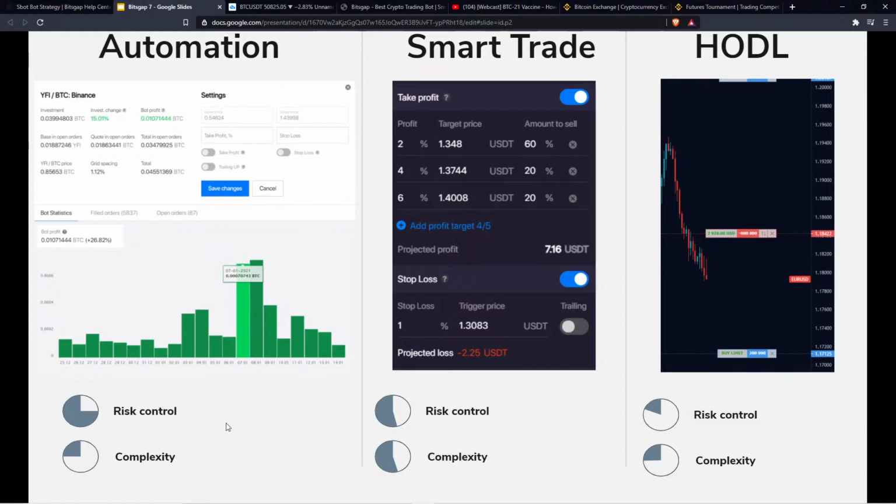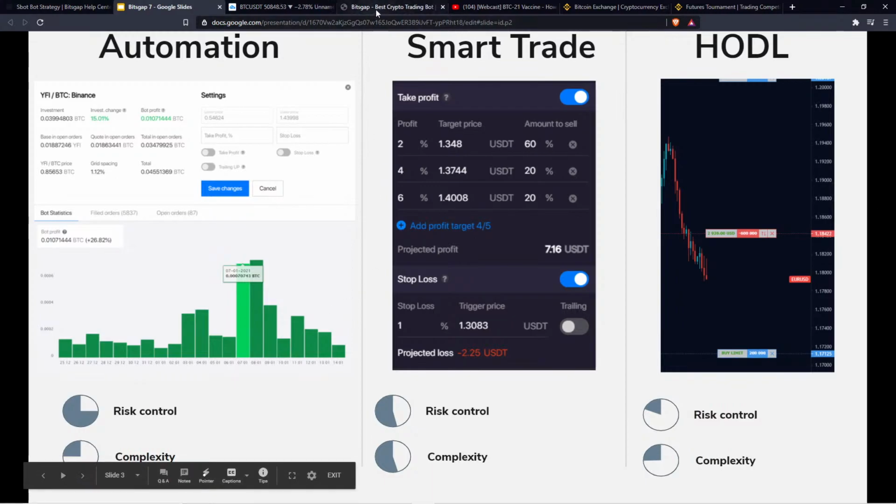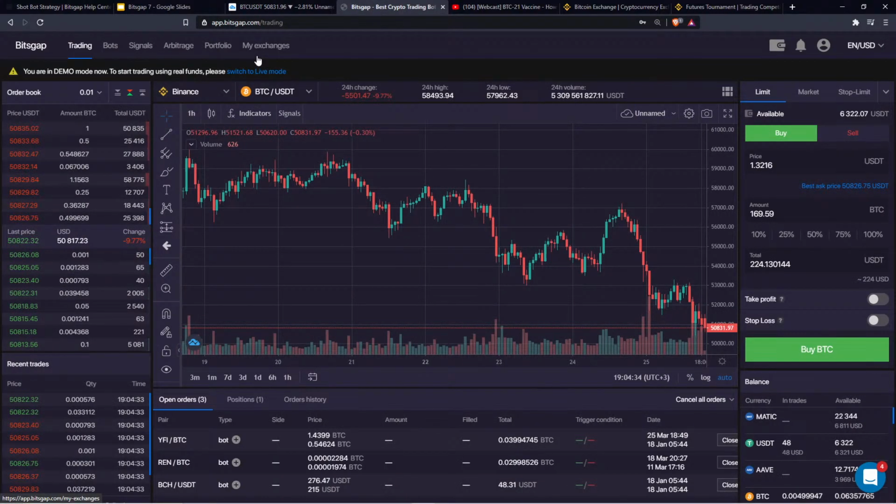So as I answer this question today, you will learn how to automate with Bitsgap, how to smart trade with Bitsgap, and how to combine a simple HODL strategy with automation and smart trade. So let's go straight into the action and open the front page. Here I am on the trading section at Bitsgap, and we will start with the smart trade